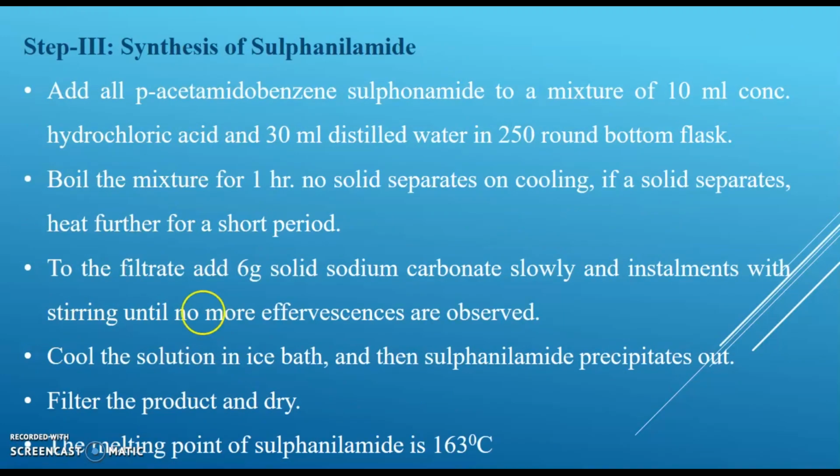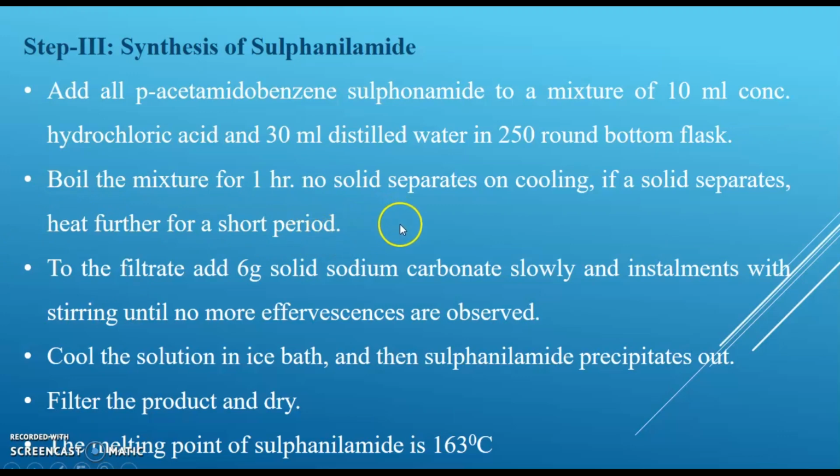Now the next one is step 3, where we undergo the synthesis of sulfanilamide. Here we use all the para-acetamidobenzene sulfonamide, to which we add 10 ml of concentrated sulfuric acid and 30 ml of distilled water in a round bottom flask. After mixing, boil the mixture for 1 hour. No solid should separate on cooling. If a solid separates, heat further for a short period. After this boiling, we